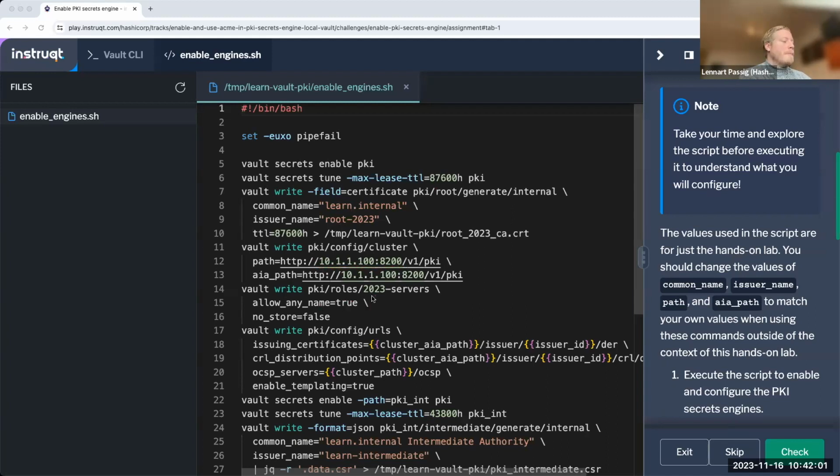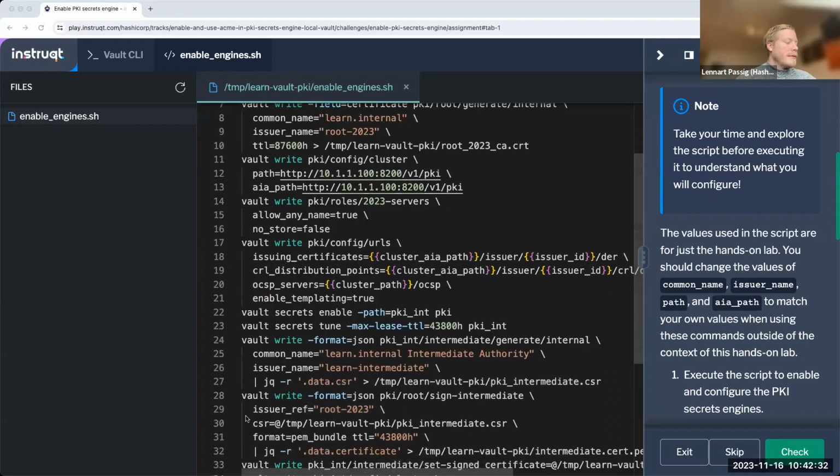Then we create a role, which allows a lot of things. This can obviously be optimized, but it will serve us well enough for this particular hands-on lab. Then we configure a couple of URLs, which are the issuing certificate, CRL, and OCSP, and enable templating, which is true, as this is all Vault PKI things right now. All of this can still work.